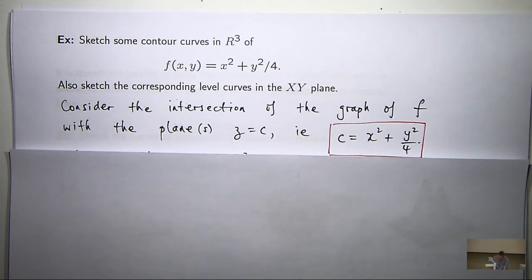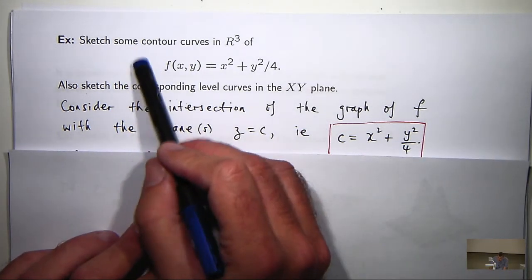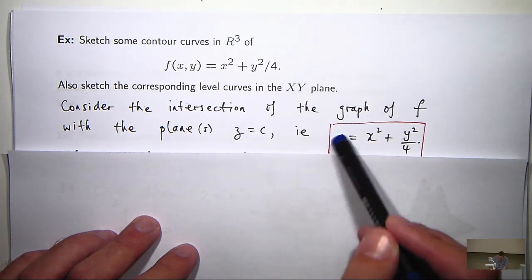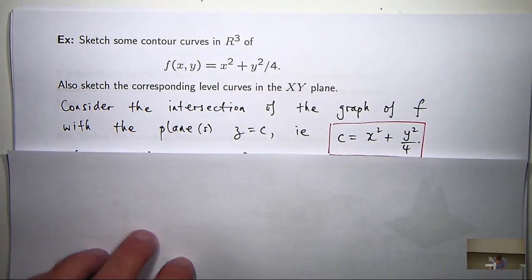So what I'm going to do now is pick a few different values of c and see what happens. Oh no, that was terrible. We'll edit that one out, Josh, okay. All right, so